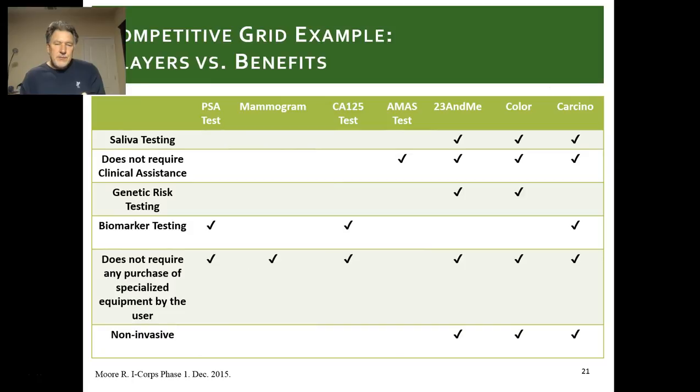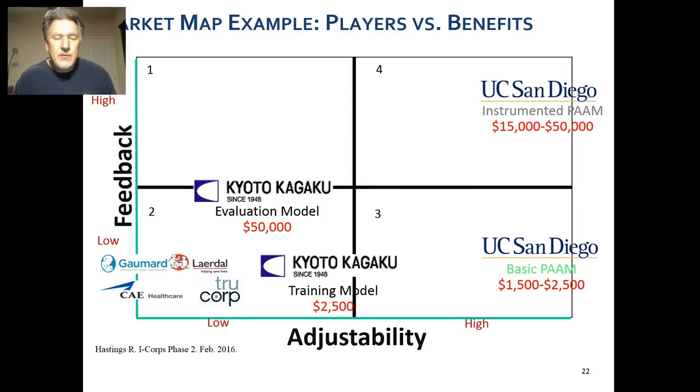I'm going to now segue from job to be done and the customer to talk about your competition. There are different ways of looking at competition here. This is one way of doing this, and a very nice way of displaying it, based on the players in the marketplace and the benefits or features of your products. Another way may be a 2x2, looking at maybe 2 key benefits and laying it out in a 2x2 matrix to say, this is where these players play